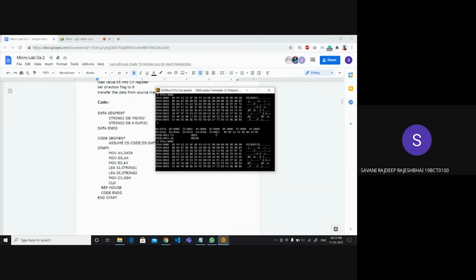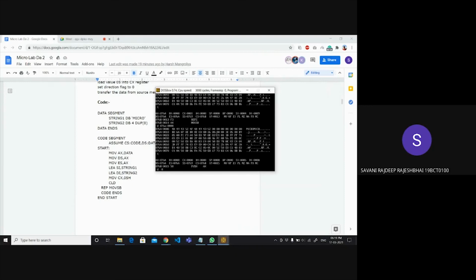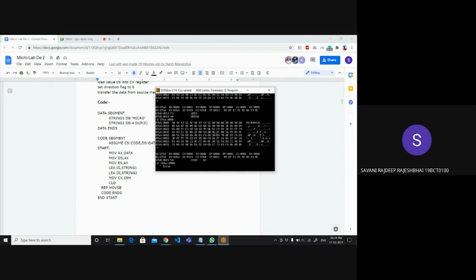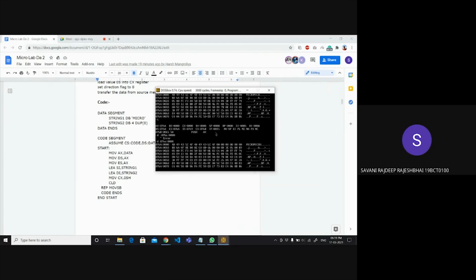Here the R, which is the third character, is also copied, and just the one last character remains. Finally, the string is copied from locations 0 to 4 to locations 5 to 10.